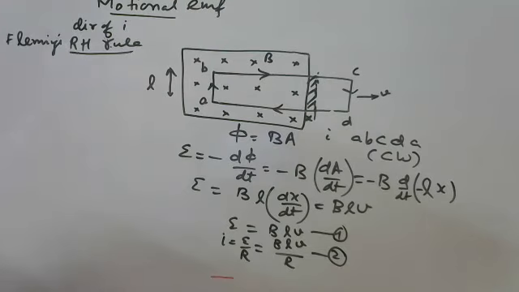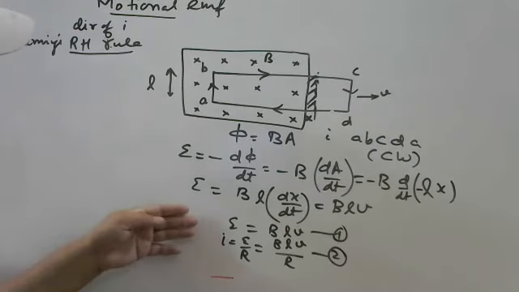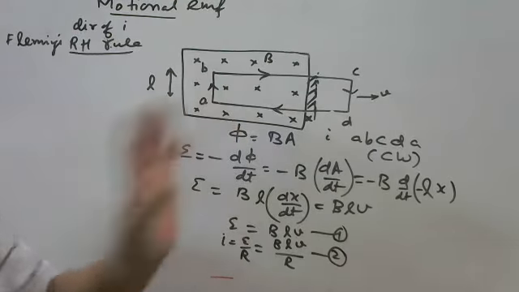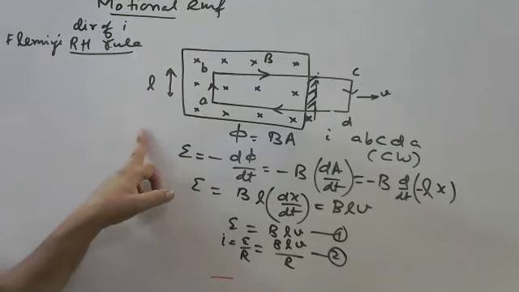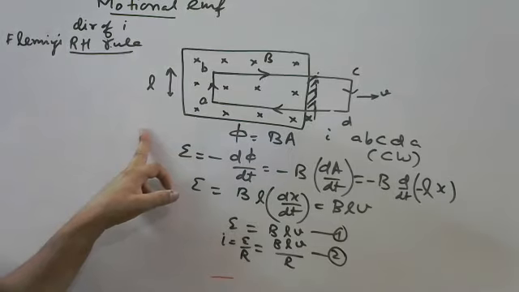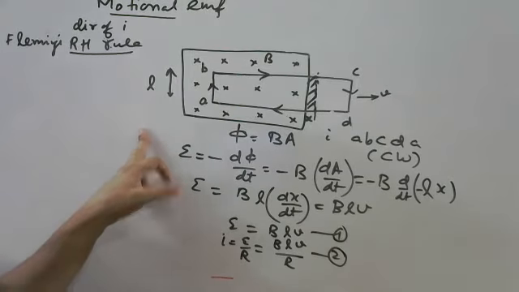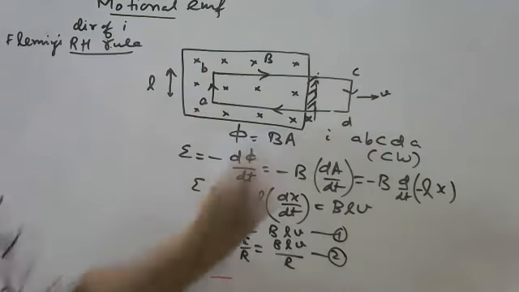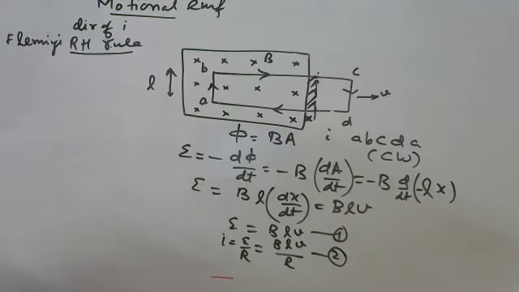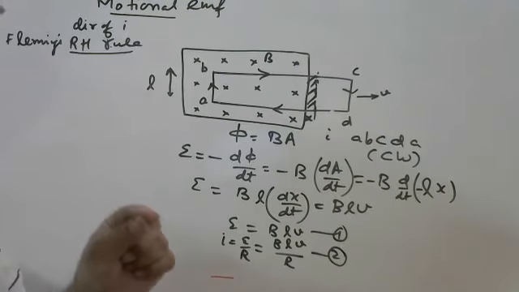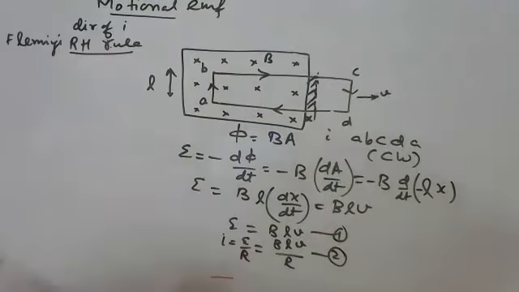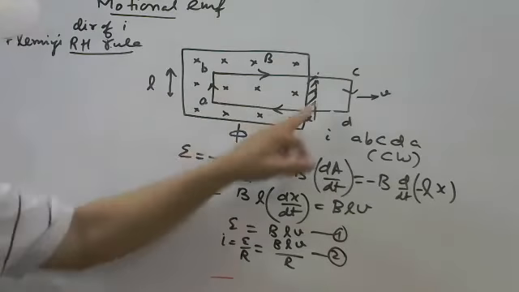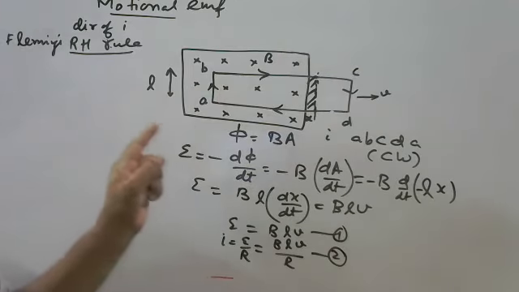Suppose you are asked to find out the direction of induced current by applying the Lenz law. This is the alternate method, an easier method, no doubt, but we must get the same result by using the Lenz law. What is the Lenz law? Effective area is decreasing. So what should be the direction of current? As per the Lenz law, this action is opposed. This is decreasing flux, so in this coil ABCD, as per the Lenz law, it should support.